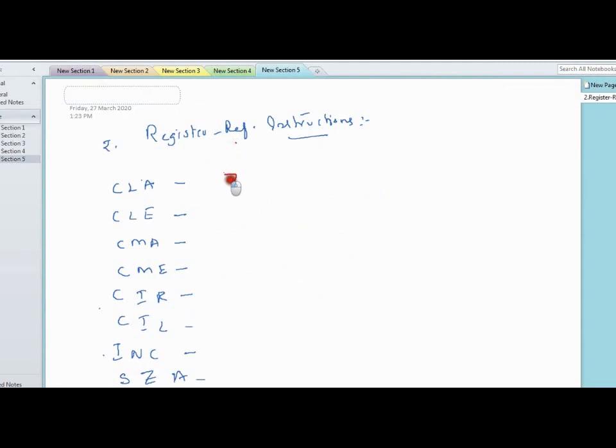For CLA, let us suppose 7800. For CLE, it is 7400. You give some binary opcode, 7100. These are the binary opcodes given to each instruction. CIR means 7080, 7040, 7020.